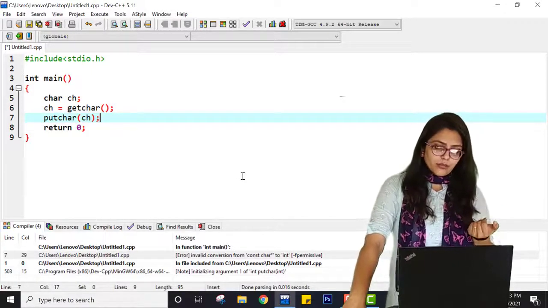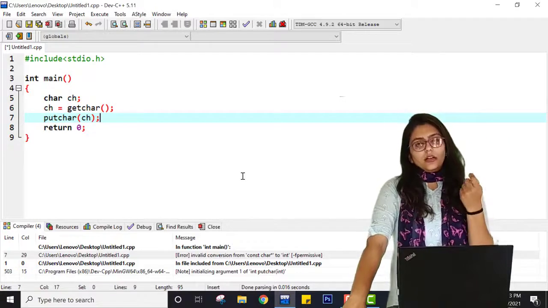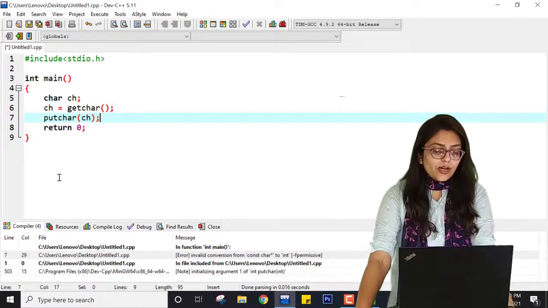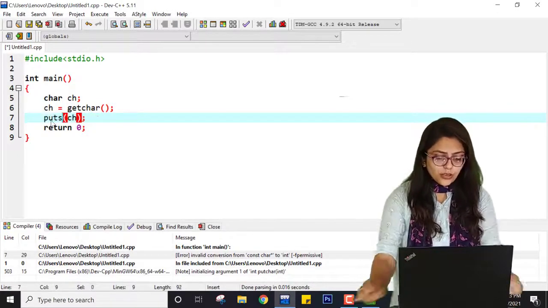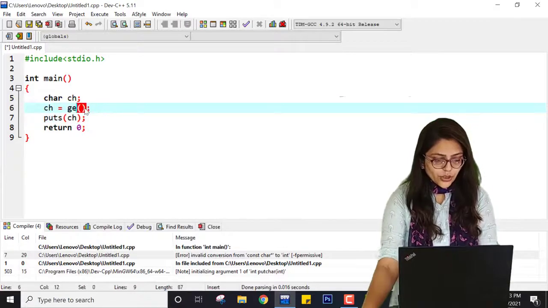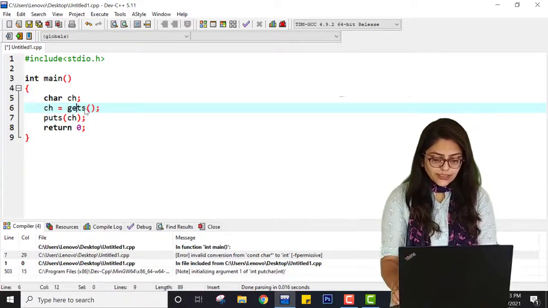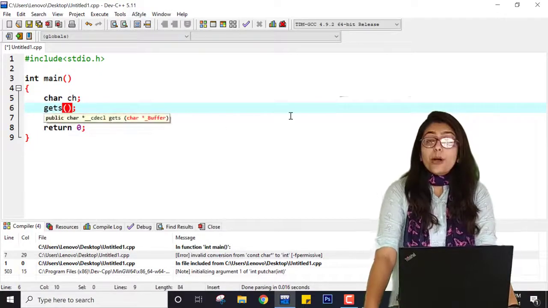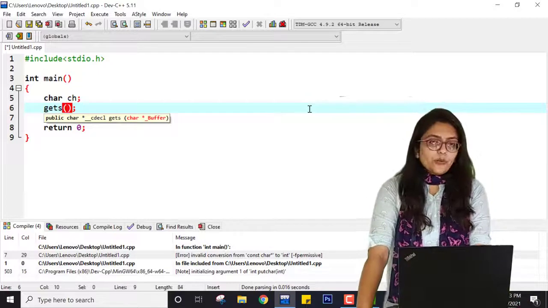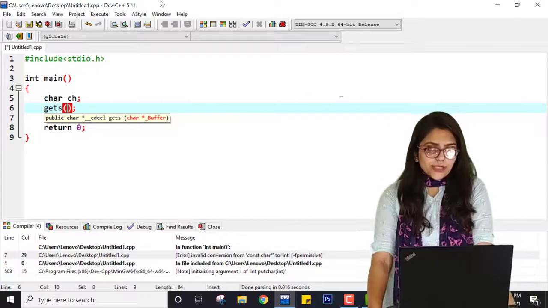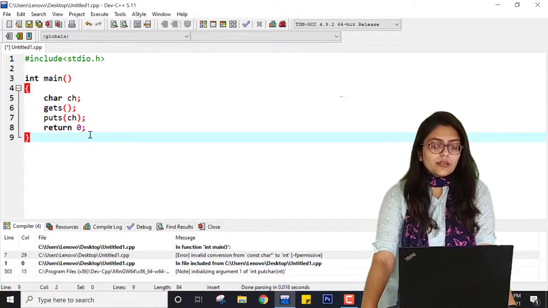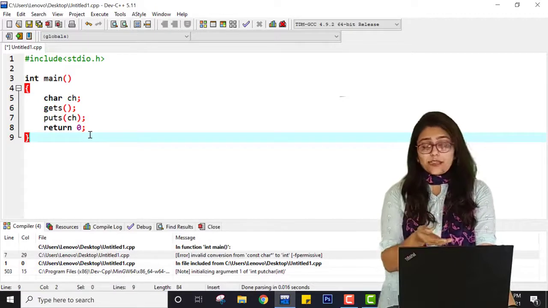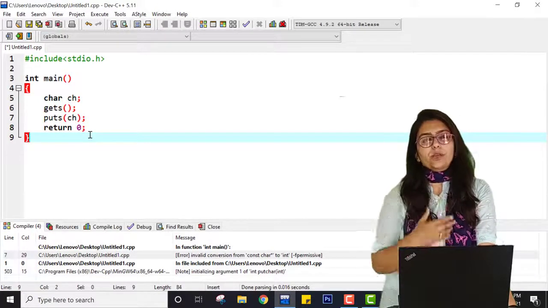Now there are some other functions such as getch, then gets and puts. Similarly, if you are dealing with strings, you can use puts, and here you can use gets. The syntax is a little different; you don't need to assign a value. You can use it something like this, but I am going to cover that when we perform the programs over strings. So till then I am just delaying this topic. Don't worry, we are going to use these gets and puts functions a lot in our programs for strings.